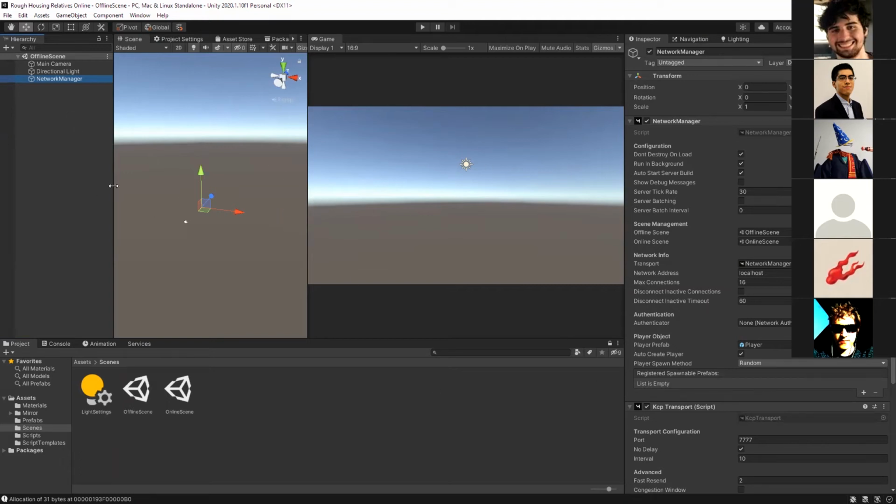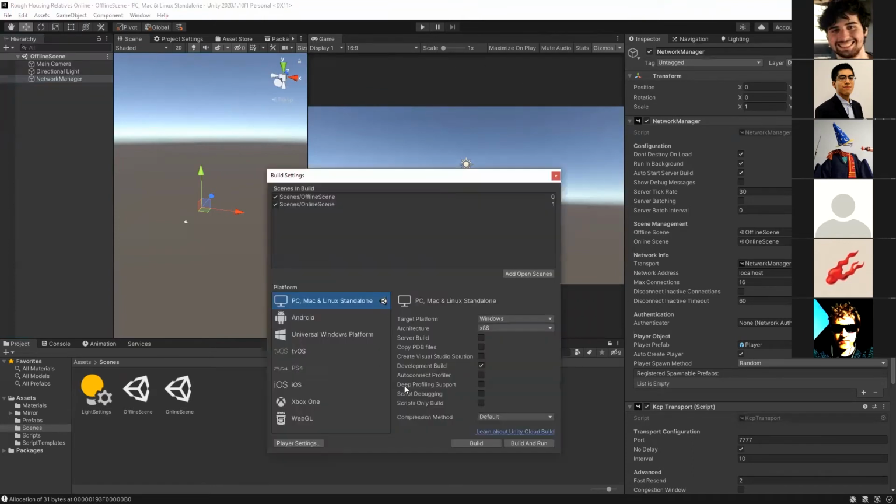All right, so now let's try this. I'm going to build again, but this time I'm going to have 2 instances, and I'm going to try to connect to the server of the other one.